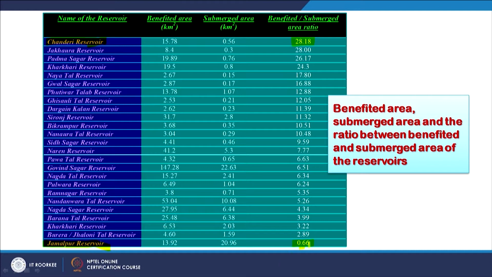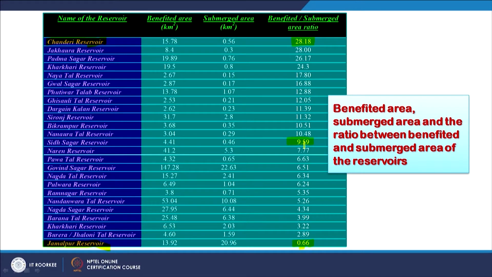So, that means this area is not good for further development. But what if we fix a threshold, say around 10? If I invest say 1 square kilometer of land, I should get benefit at least 10 times, or 10 square kilometers of downstream area should get the benefit of groundwater recharge. If I fix this threshold, then for a large area of Bundelkhand region, through these reservoirs we can know beforehand how much return I am going to have in terms of benefit area.